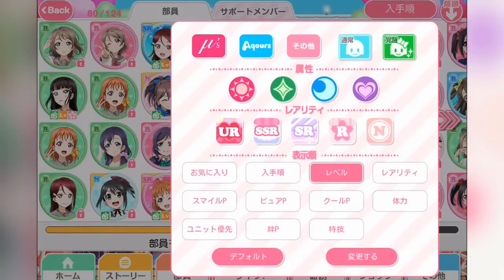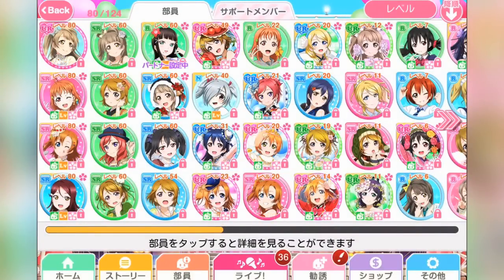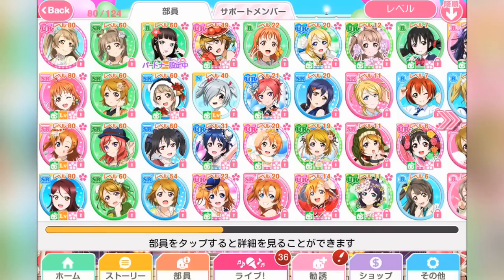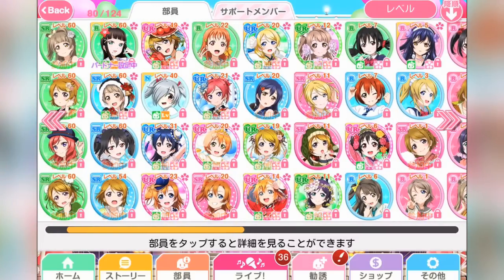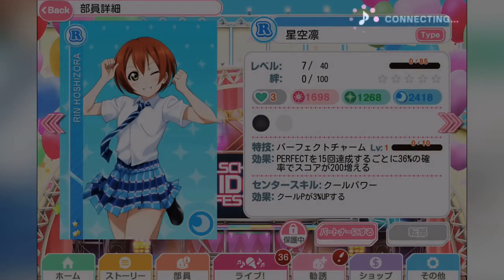Let's bring them back to level, how about? There we are. Yeah, so that makes it a lot easier to find the cards you're looking for in a hurry. And the good thing is, if you're trying to practice cards, it will automatically show you only the cards that you've set to be practiced. Like, say, if you want to specify that this Rin is a card that you want to keep, then you can, well, first, let's pretend that she's not